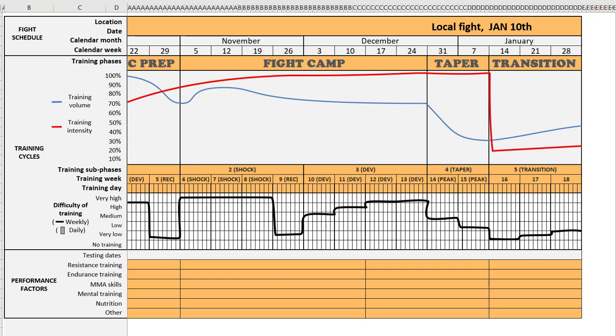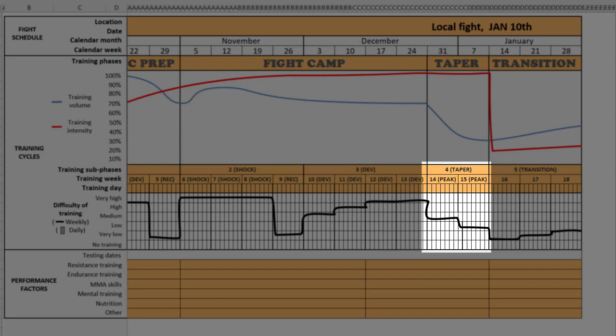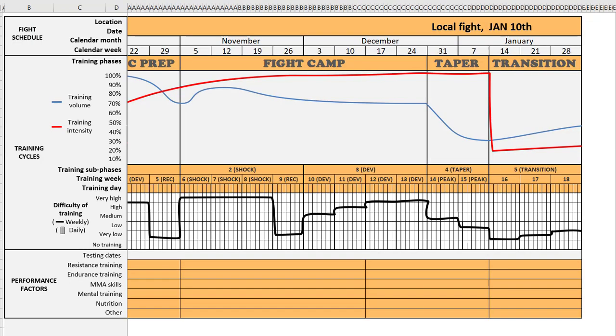Okay, let's talk taper. You should schedule a 2-week taper subphase next and label each of the weeks as peaking weeks, as that's what they're designed to do. Now, you'll also notice that the training difficulty drops from high in the first week of the taper to about low in the second week. And again, you can see the training weeks are labeled PEAK for peaking. Now again, you should pause the video now and complete this section as we go along before we move on here. But I'm gonna keep on going. I'm gonna assume that you're doing this stuff. All right, let's adjust over here